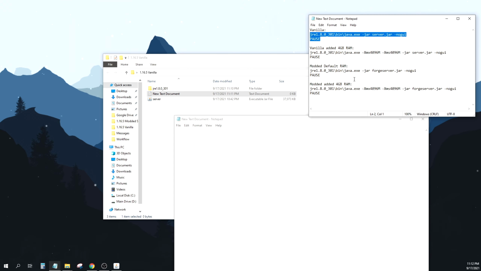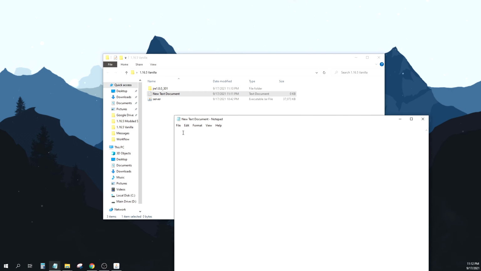And all these will be down in the description below that you guys can grab and copy straight into your files without having to worry about typing it word for word. So I'm going to hit Control C, minimize this, come in here and Control V. So I've pasted it in here. Here's a couple things to look for that you are going to need. This at the front, this JRE